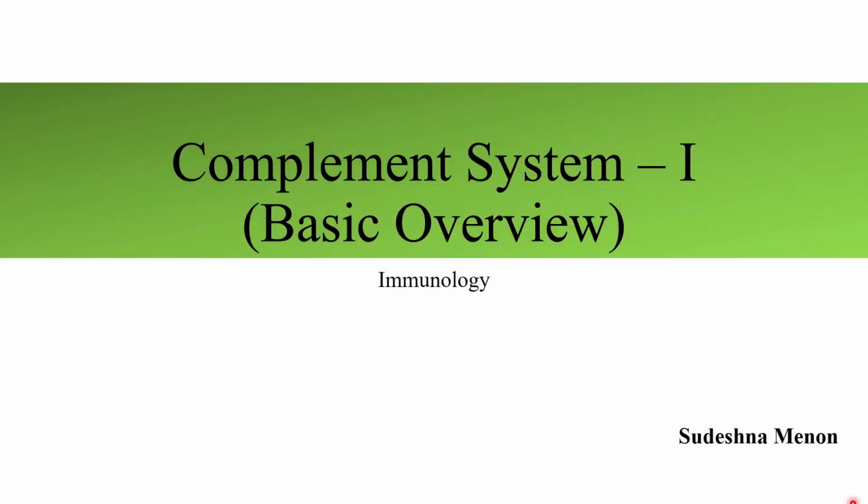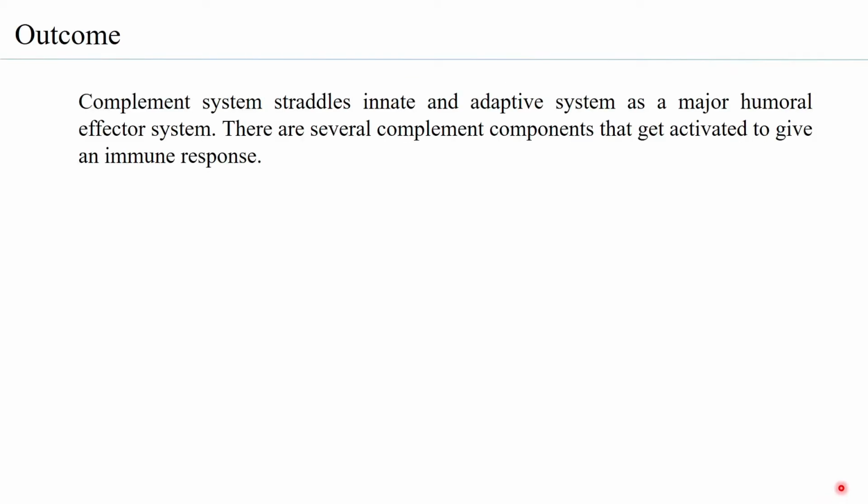Complement system. This session will give you a very basic overview on one of the most active components of the immune system. So let us look at the learning outcome of this session. The complement system straddles the innate and adaptive systems as a major humoral effector system. So, along with antibodies, even the complement system